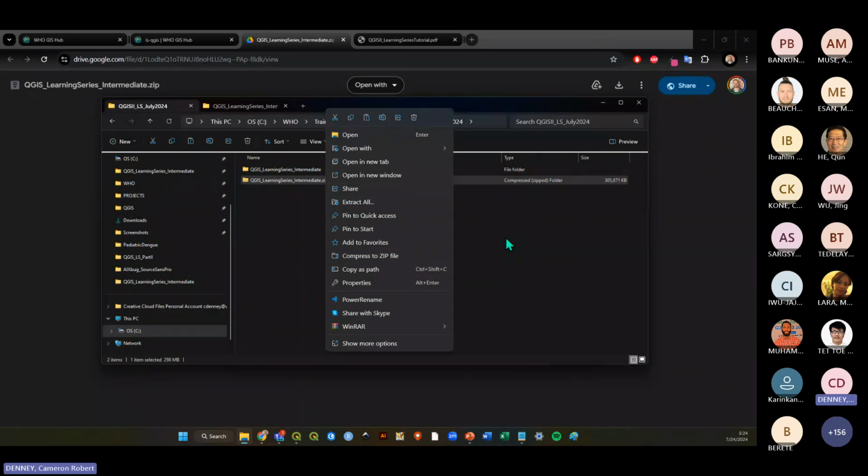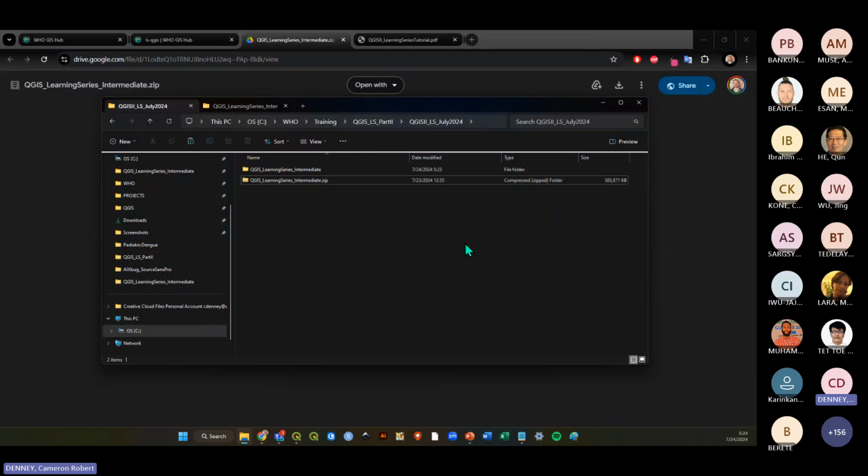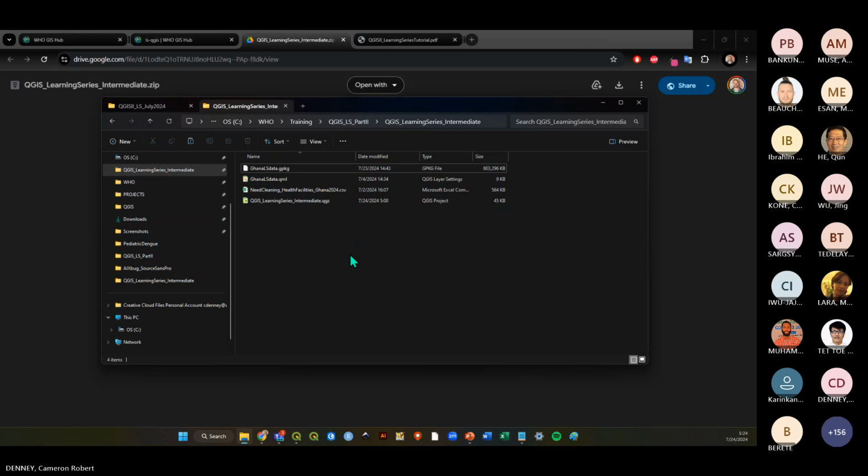If you're on a Macintosh computer, you just have to double-click that zip file and it will open. And once you see in the unzipped file these 4 files that it contains,